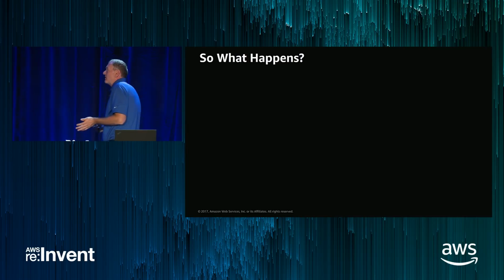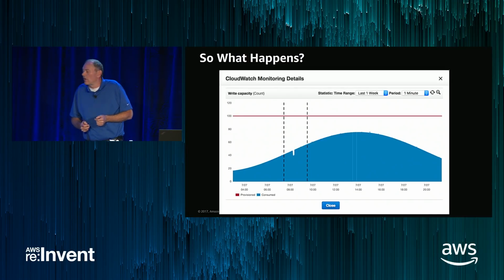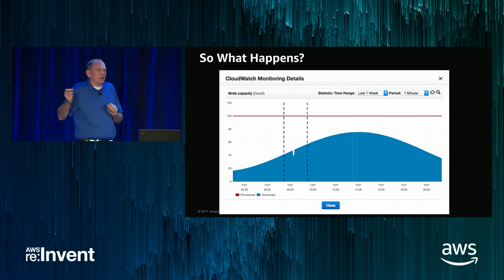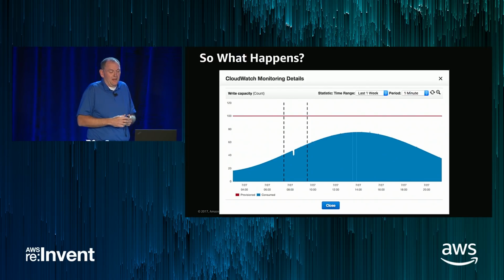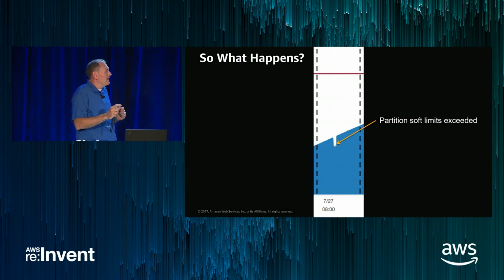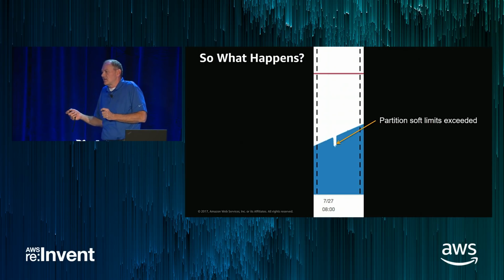So what actually starts to happen in DynamoDB? So this is a real table, a real situation. You know, we just took this from CloudWatch, but what happens is you're going to see that soft limit start to be exceeded. And at that point, there might be a little bit of throttling on the table because we're exceeding the soft limit and we've exceeded the burst bucket, and now we're trying to figure out, does this table actually need some additional throughput? Once we detect that this soft limit is a sustained burst, it's not just a transient condition,